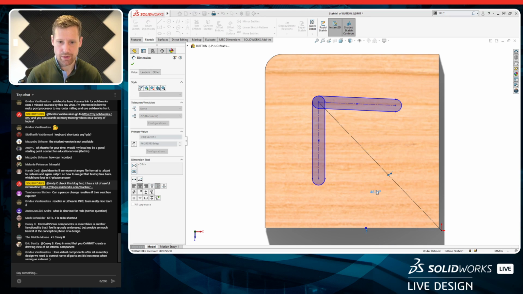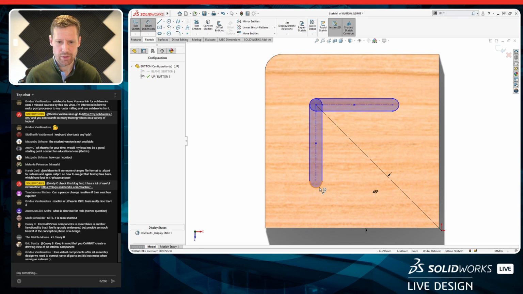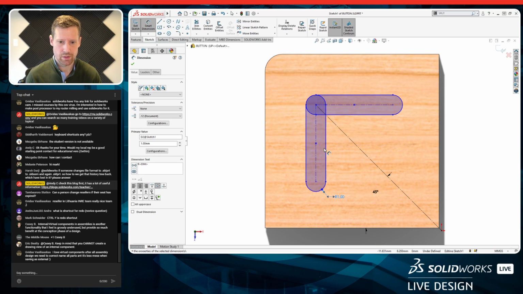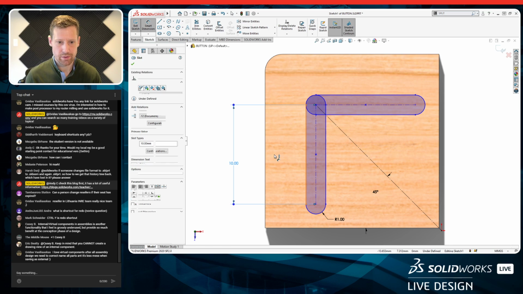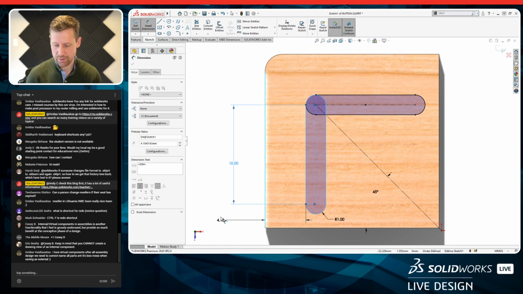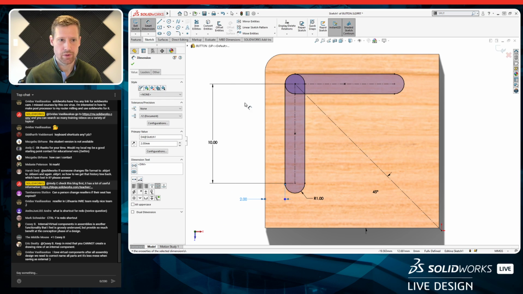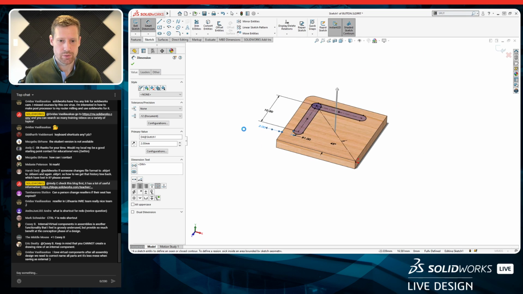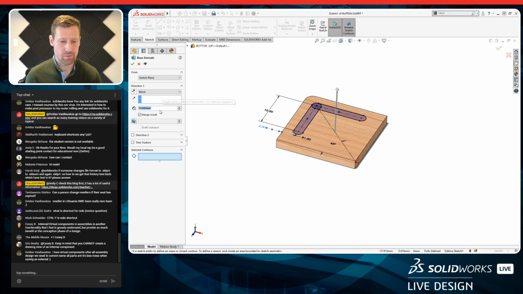Say that's going to be 45. Let's make this 1. We'll make this 10, and we'll make this, let's say 2, something like that. Okay. And again, we'll use our shortcut key to grab our extrude, and we'll make that